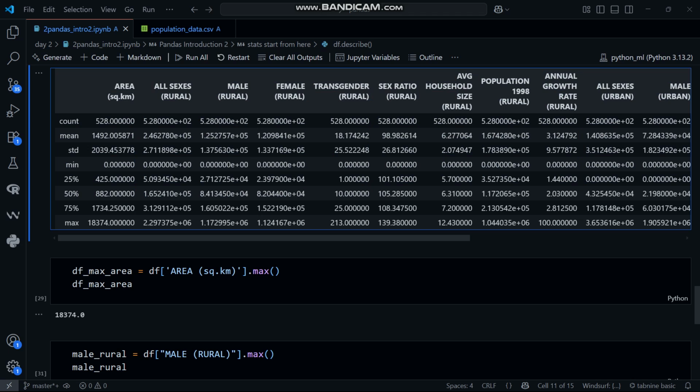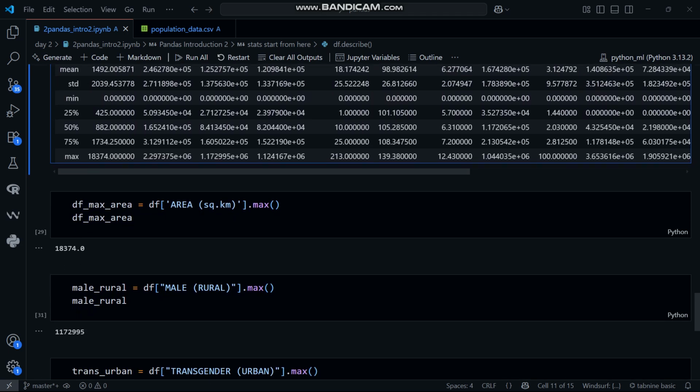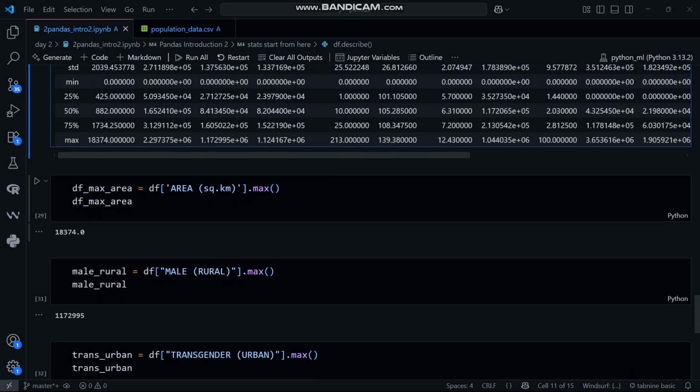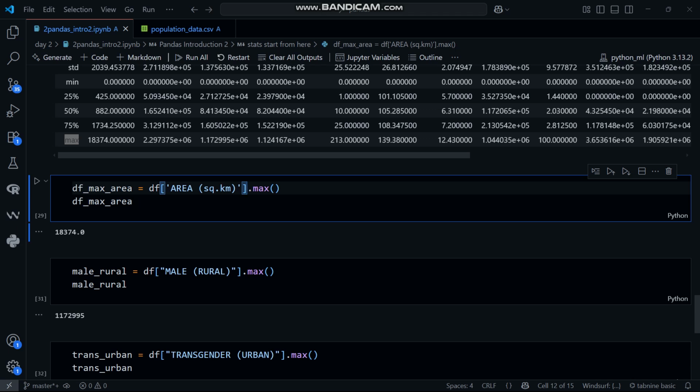Some of the stuff I want to tell here is you can see male in the rural areas, female in the rural areas, transgender in the rural areas, sex ratio, household size. I will explain it later in our upcoming lecture. Okay, df, suppose I want the max, which is also here in the data, df max area, whatever you want to write, you can write it in here. df, this bracket means I want to select the column. This square bracket means, and what is written inside this, what you say,